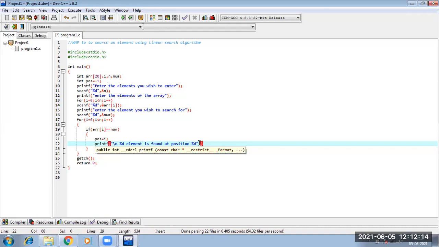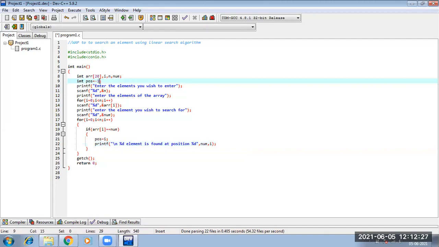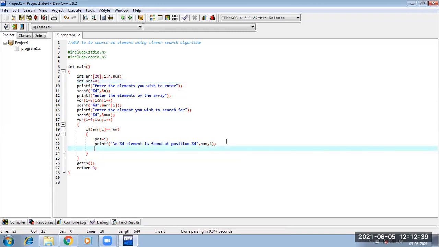The element is num, and that position will be your i. So if it is found, it will print, and after it prints, it will come out of this loop because I have found the element.